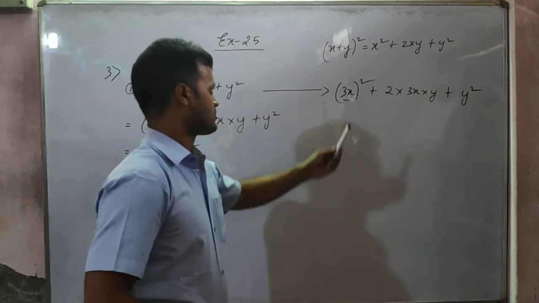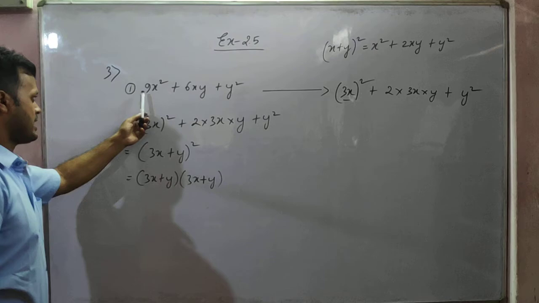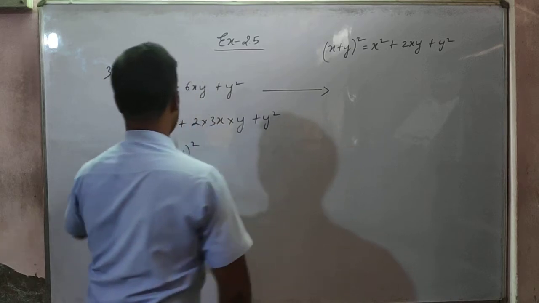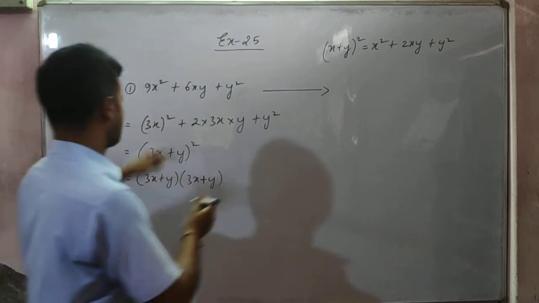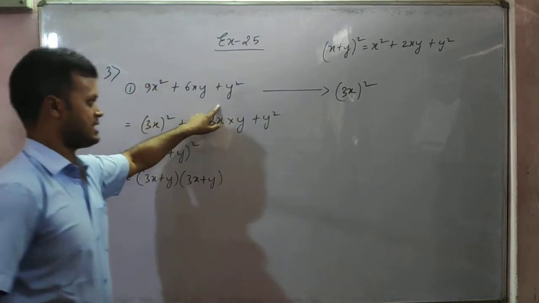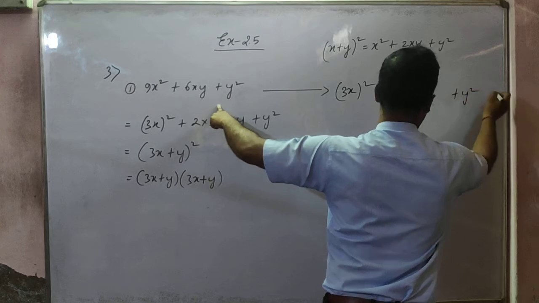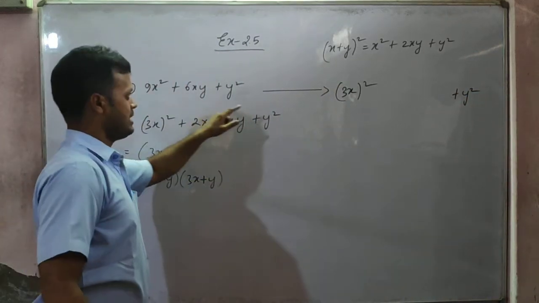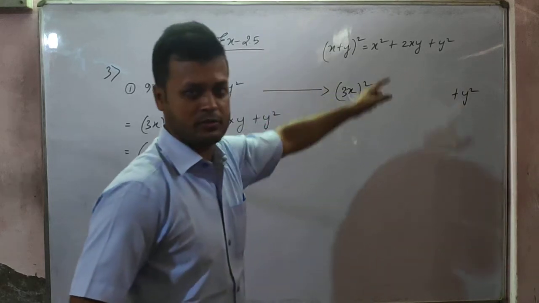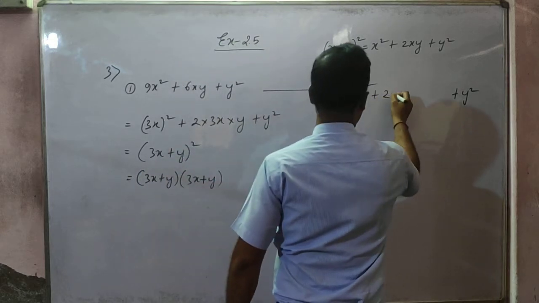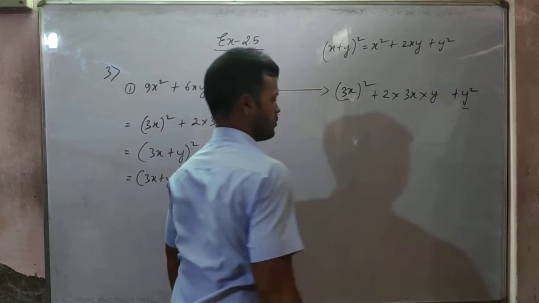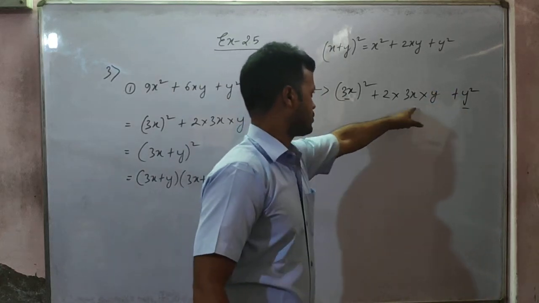Now you will see, first x square is there. For 9x square, first I wrote, once again I will explain. First I saw here 9x square is there. So therefore I wrote 3x whole square. Then at the end I saw y square is there. Then I wrote plus y square. In the middle I kept the gap. Then in the middle, according to the formula x square plus 2xy plus y square, x square is here, y square is here. In the middle what should be there? 2xy. 2 into what is the value of x, students? 3x. And what is the value of y? y only. So x square plus 2xy plus y square.